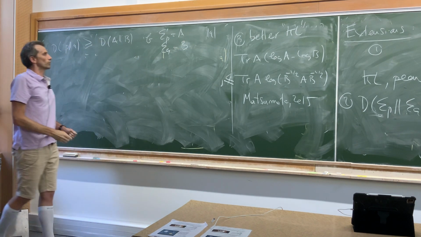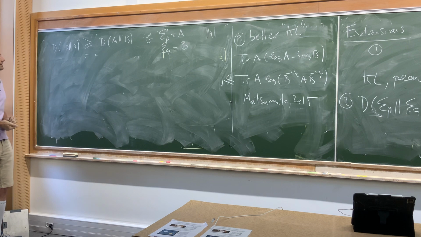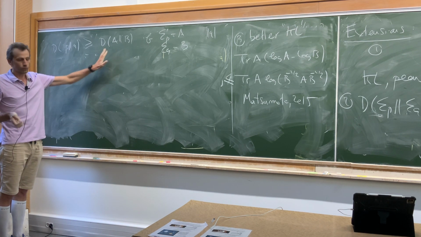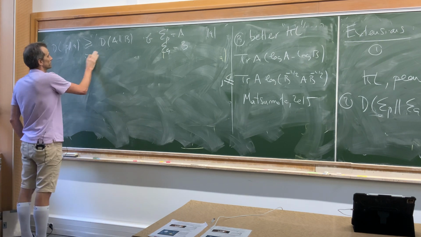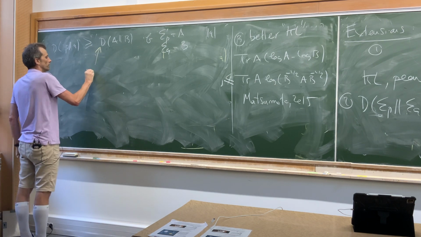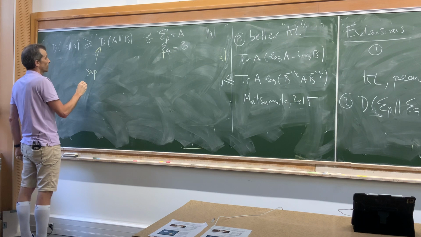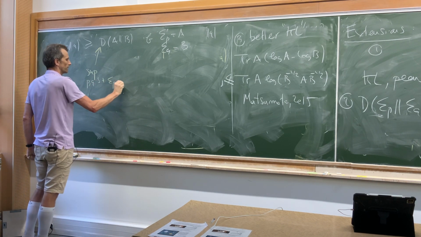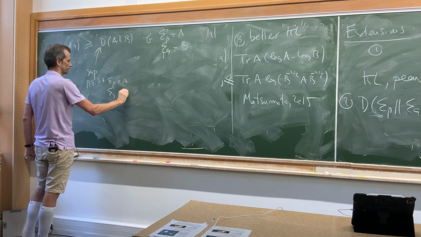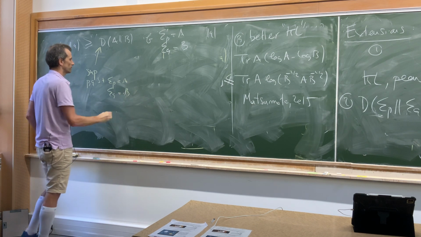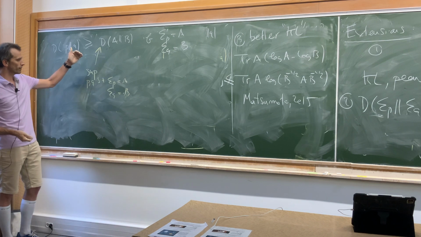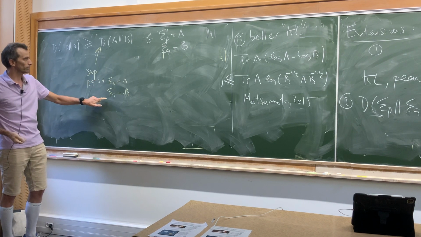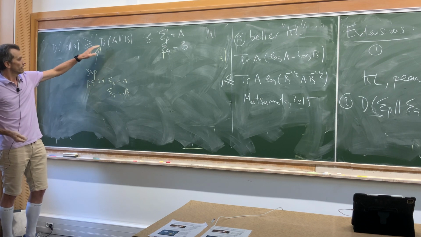And what we would like to know is whether it is the best lower bound. So what you're tempted to do is to take a supremum over P and Q such that sigma P equals A and sigma Q equals B. If you can solve that problem, the supremum over all P and Q so that sigma P is A and sigma Q is B, of that,